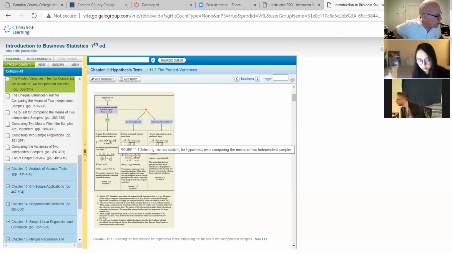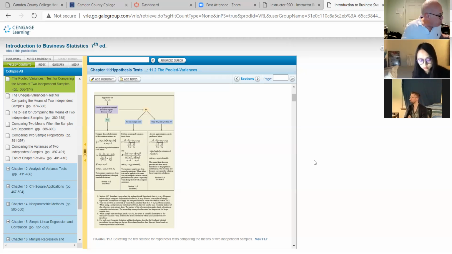n1 minus 1 plus n2 minus 1 is n1 plus n2 minus 2. That's the sum of the degrees of freedom. And once you have that, you don't need to take the square root of it, because if you look at the formula for the t statistic, which is just below there,